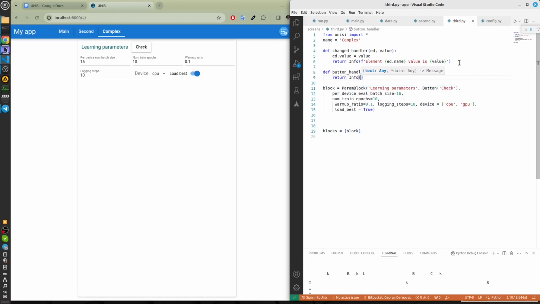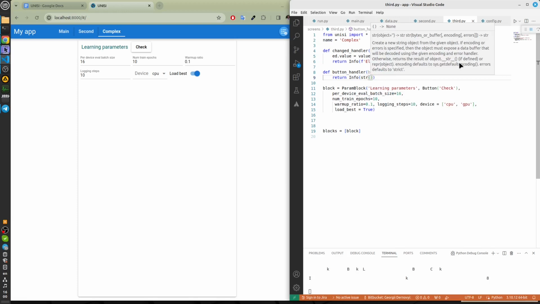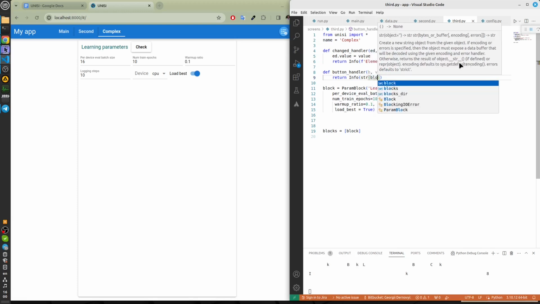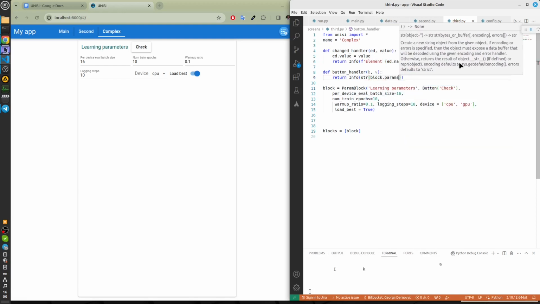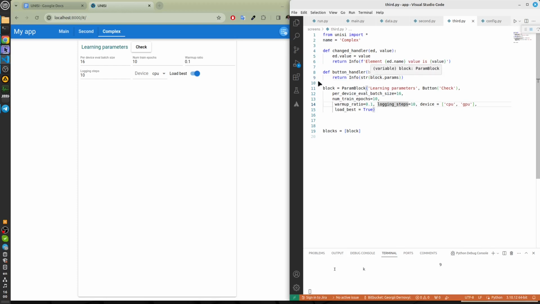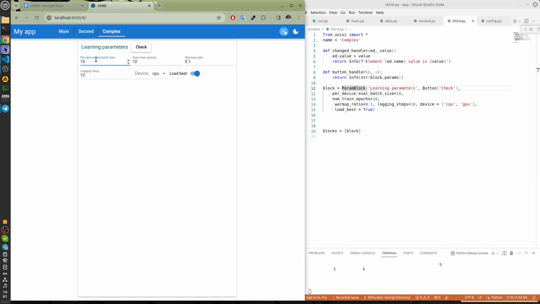It is optional. And choose the params property, which returns a dictionary with actual values. So, we have the params property in paramblock, and we can always get the current state of the block in any handler or custom code. So, when a user changes some values, Unici updates their values in paramblock.